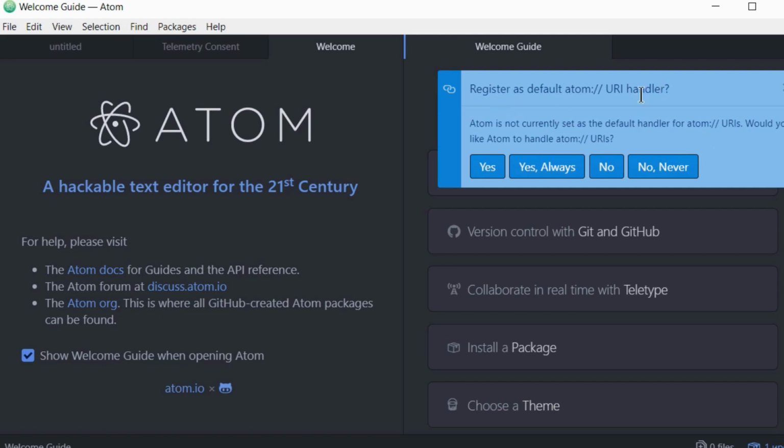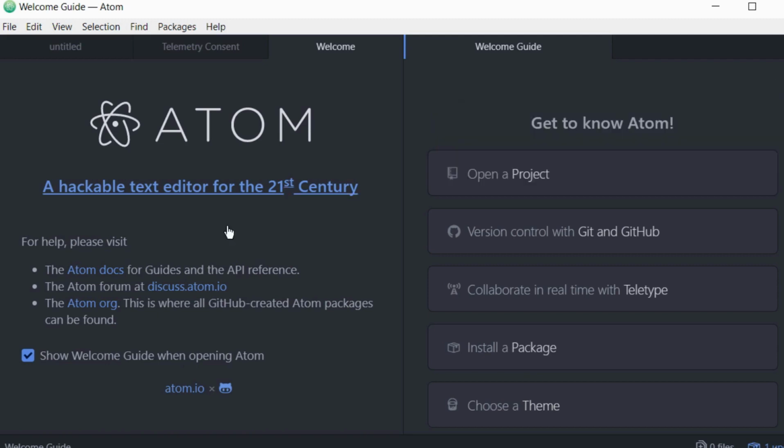So you've got different options here. For now, it tells you here that Atom is not currently set as your default handler. You can skip that and go back to it later. So just click on X. So this is the default screen, and in this palette here, if you wanted to extend the functionality of Atom